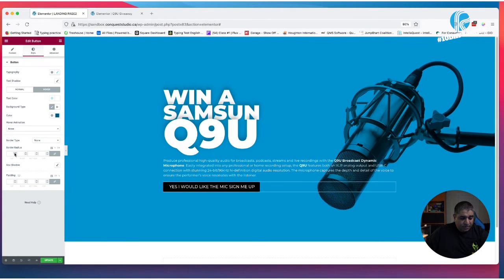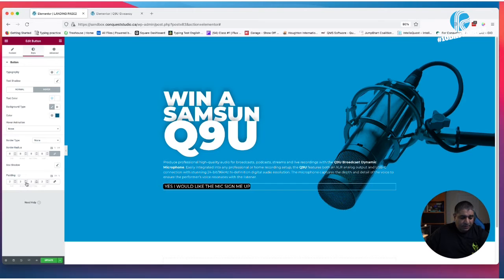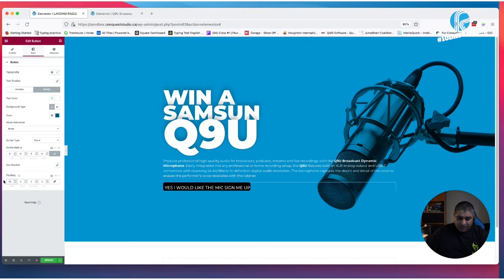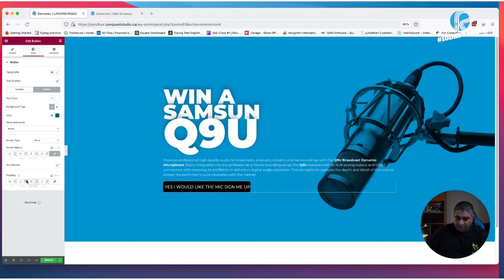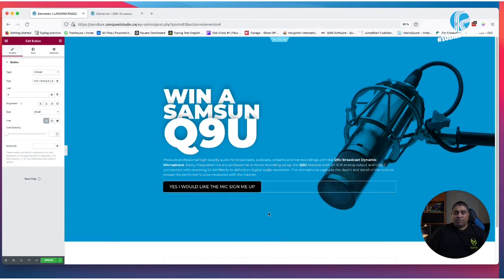If I want to put a little bit of radius on it, just to give it a little bit of softness, and I can increase my padding, so I can once again unlink this. I can put 15 on top, 15 bottom, and then let's give it about 30 and 30 on either side here. Right, that's pretty cool. And we can give it a grow animation. So when we hover over, it grows. And we'll link it up a bit later, because we're going to link it to the form element that we're going to put at the